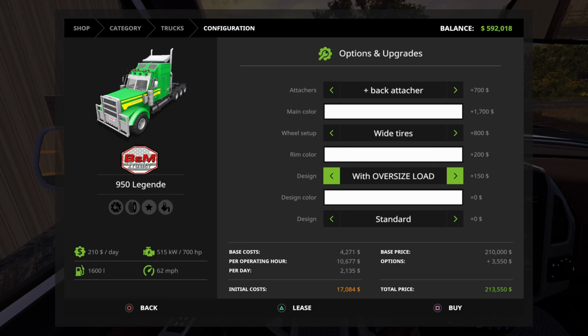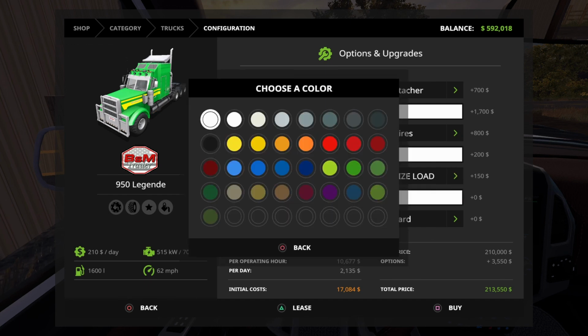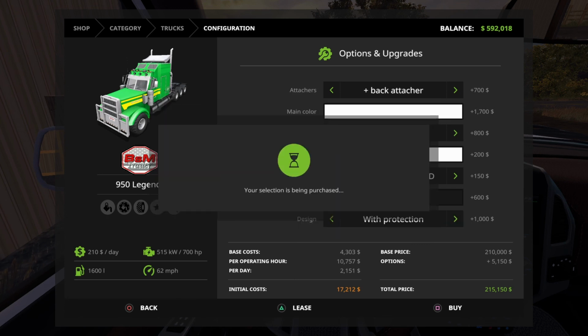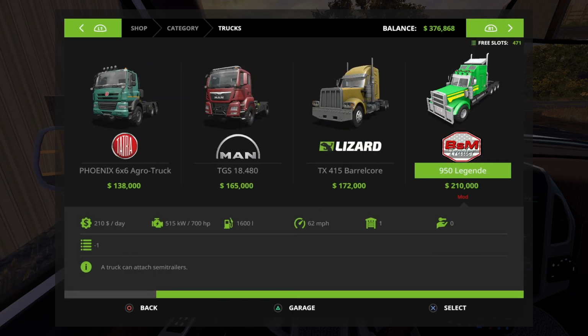Design, we want the oversized load. The design colour, we're going to put a little flash of black on the side of our truck. And we want the protection. We want that wind guard. So there we go, 215,000. Truck is bought,